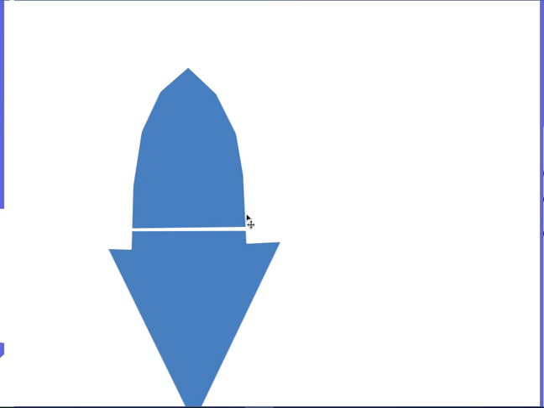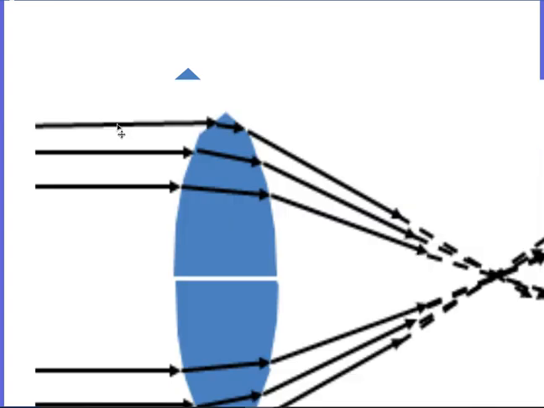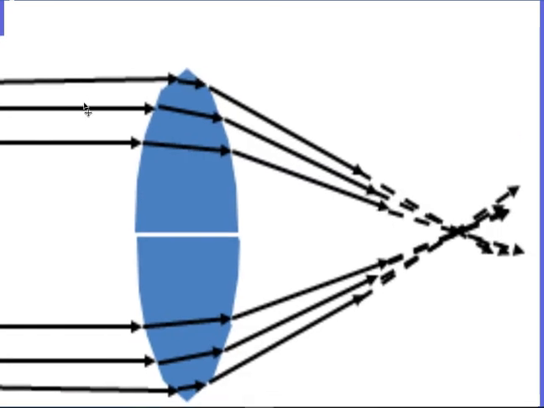And as you get towards the center, I want to almost have the sides be parallel so that it doesn't bend the light hardly at all. And I get a chunk of glass like this, which will then take that light which is coming in and bend it a lot out at the edge, and bend it less as you come in towards the center, so that all the light comes together at a point which is called